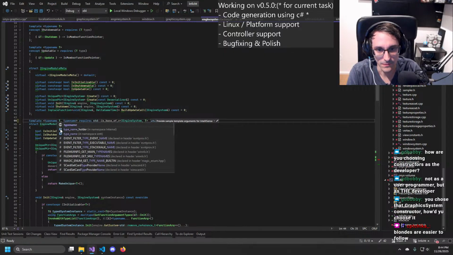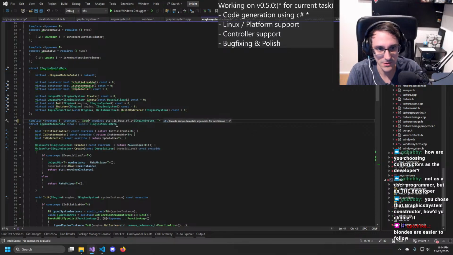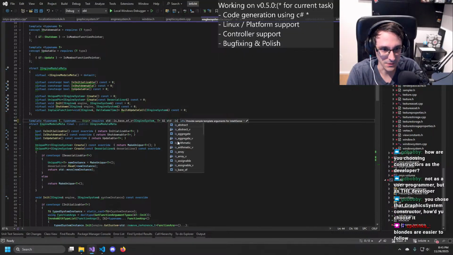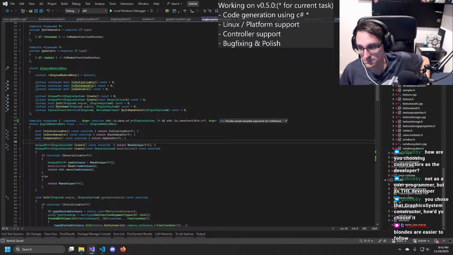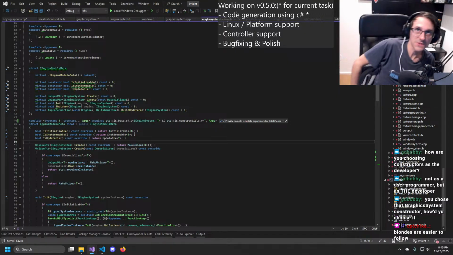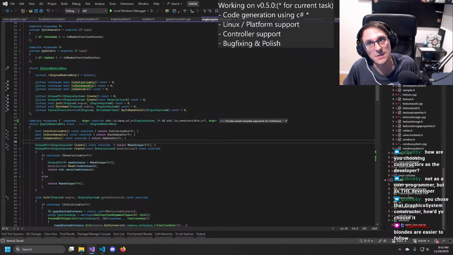Type name, args. And std is constructible with T and args. Constructor helper specialized struct.